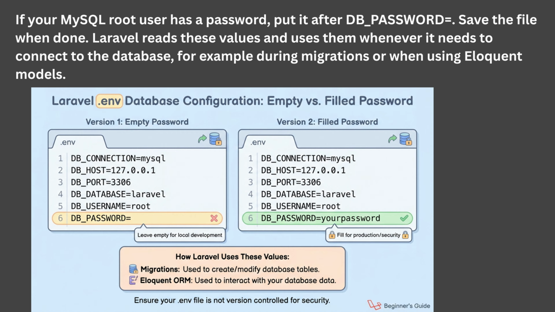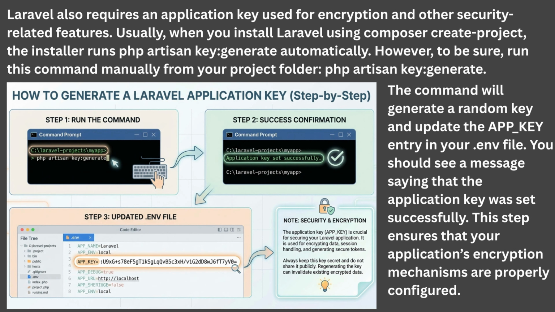With the .env file properly configured, whether your password is empty or filled, you now have a fully operational connection between Laravel and MySQL. This completes the core setup required to begin building real database-driven features. The next step is to run your first migration and allow Laravel to automatically create tables inside the database you just configured. Laravel also requires an application key, which is used for encryption, secure sessions, and several other security-related features